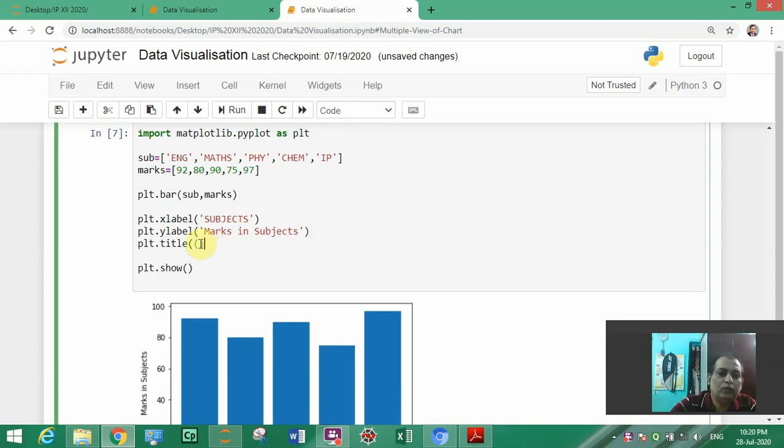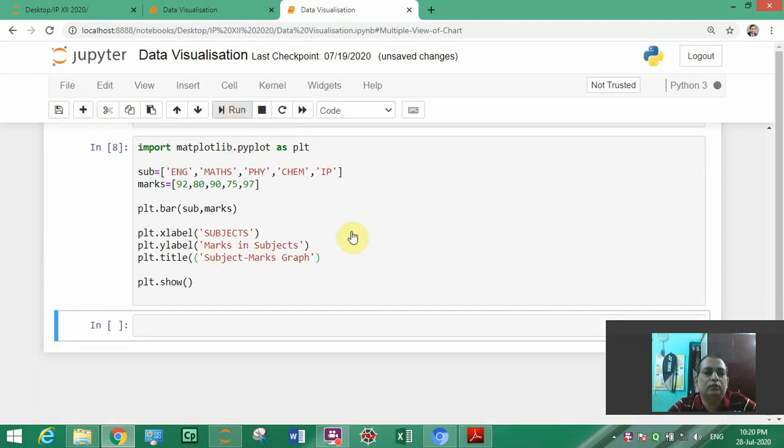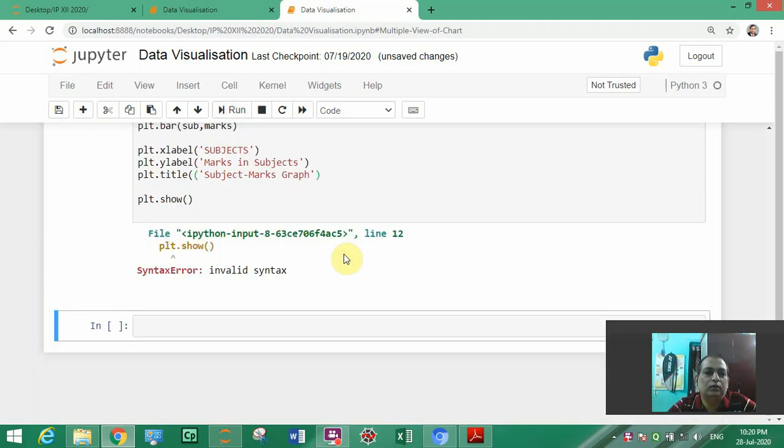So what title we are going to give? The subject marks graph, and it will give you this title, syntax error, something is missing.